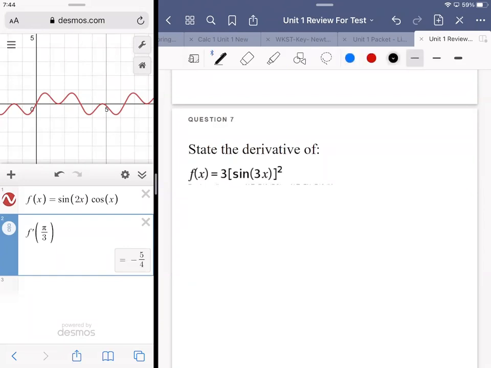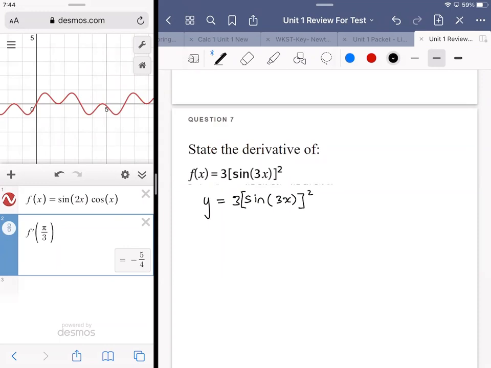Like I was saying before, we didn't really have to do too much in the notes because I was going to show you one in the practice test. So we have f of x is equal to 3 times the sine of 3x raised to the second power. Oh, I wrote f of x. I'm going to write this as y equals, just for convenience. So we'll say y equals 3 sine 3x